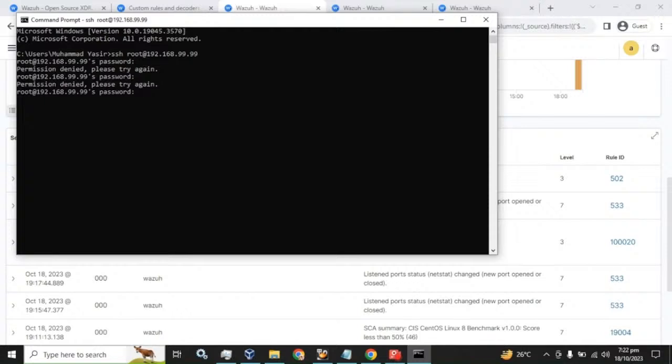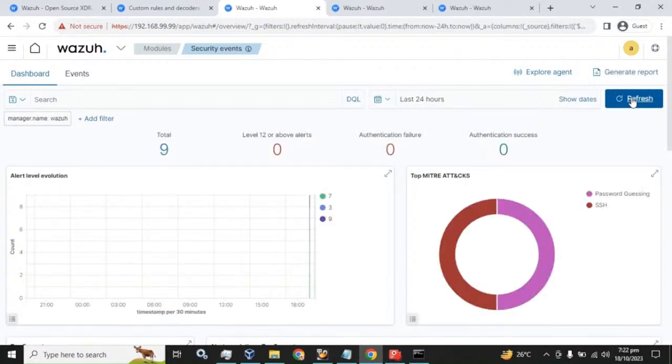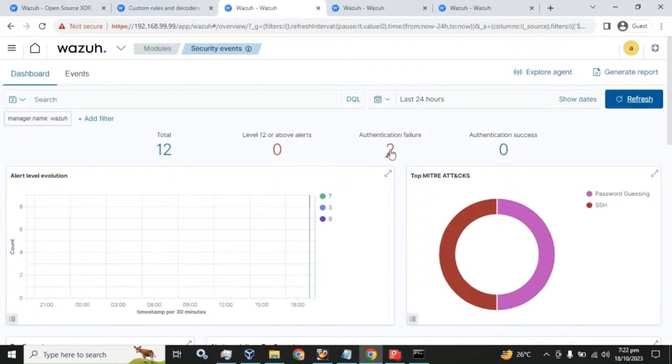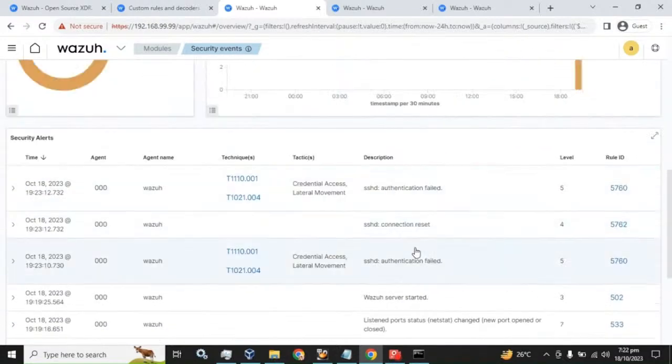I have made wrong attempts 3 times. Let's see what we will get in the Wazuh dashboard, as I am trying to access the Wazuh server by making SSH with the root username and password. Here we go, we get the authentication failure attempts and the logs over here. Authentication failed, that is 5760, 5762 and 5760. Let's make a custom rule